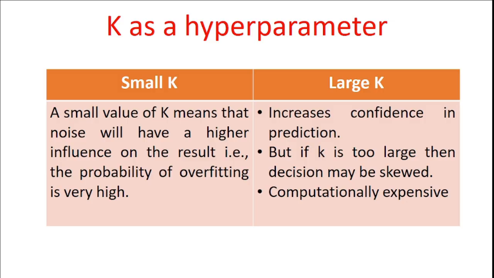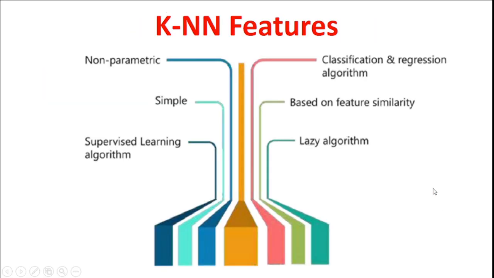So if k is small, what will happen? It means that noise will have a higher influence on the result. That is, the probability of overfitting is very, very high. But if you choose a large k value, then the decision may be skewed. It will increase confidence in prediction, and computationally it is very, very expensive. And in short,